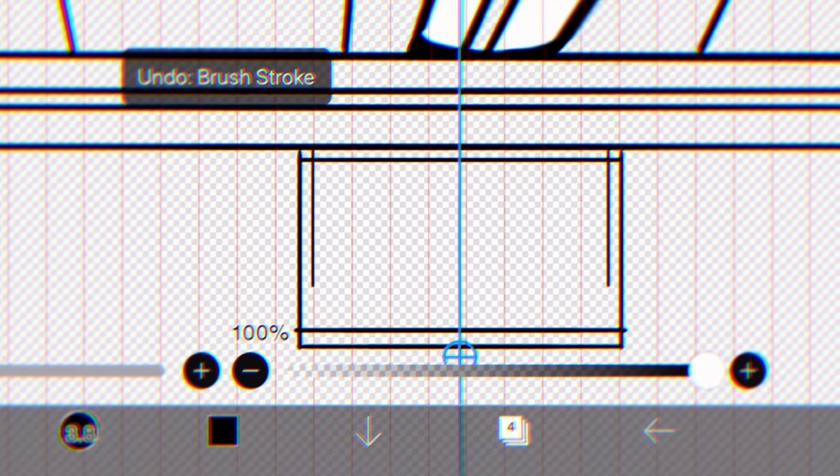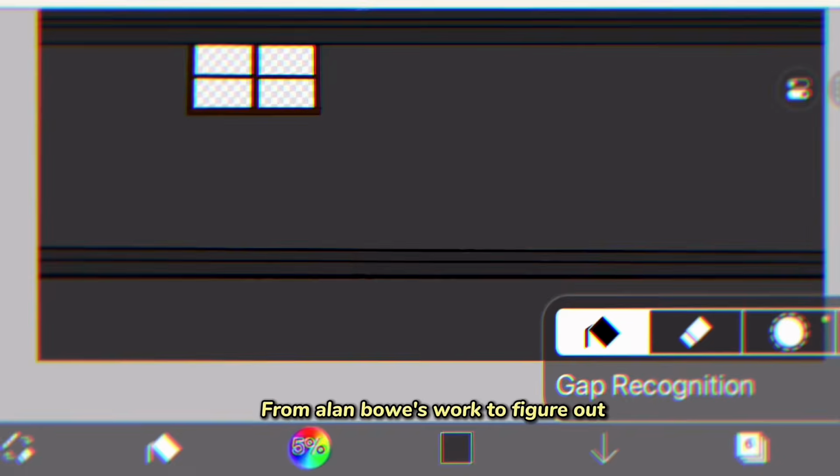For this shot, Sukuna's inside a wrecked building, so I drew a rough room with a ceiling and a small window to set the vibe. I actually took some inspiration from Alan Bowe's work to figure out what exactly to create. Then I painted everything with the bucket tool, and later I'll add cracks in compositing so it feels like he really crashed there. This was actually my first time making a background like this, so for now, I think it